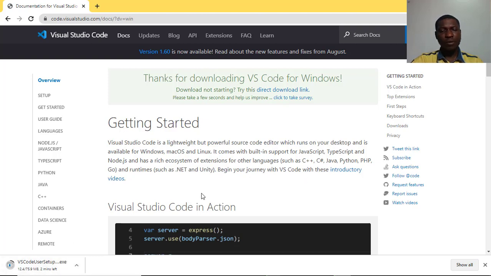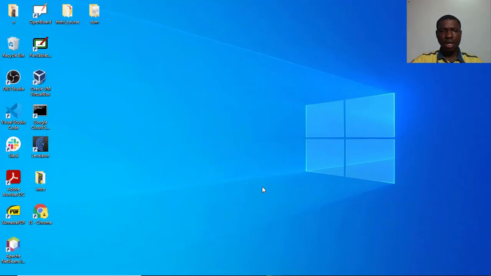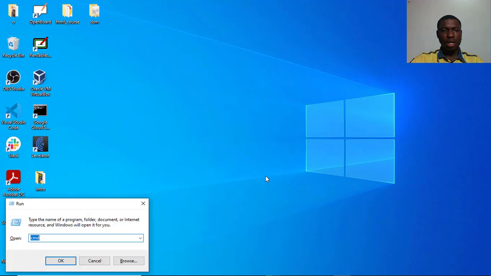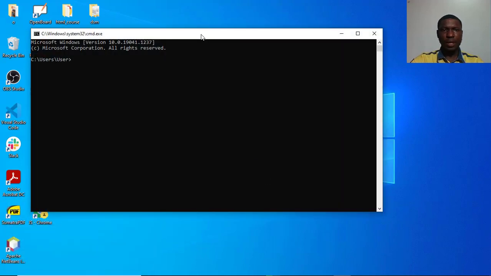I already have Visual Studio Code installed on my computer, and I'm going to open it up and start teaching you what I have for you today. But before I open Visual Studio Code, I will do some quick setup on my computer.